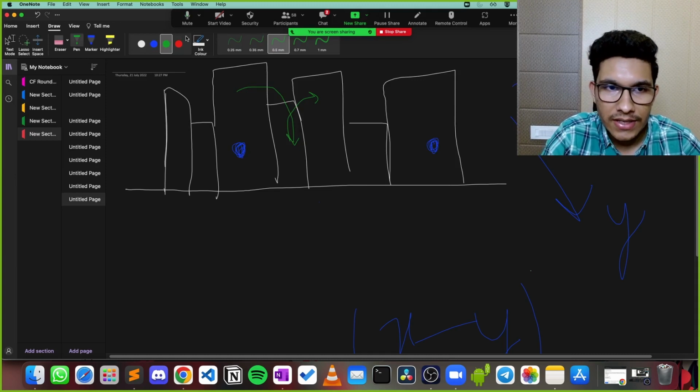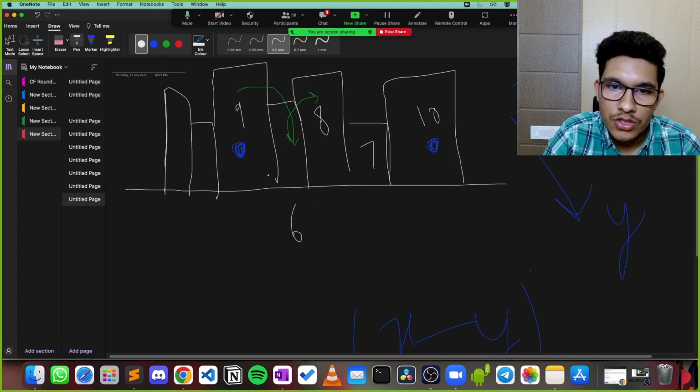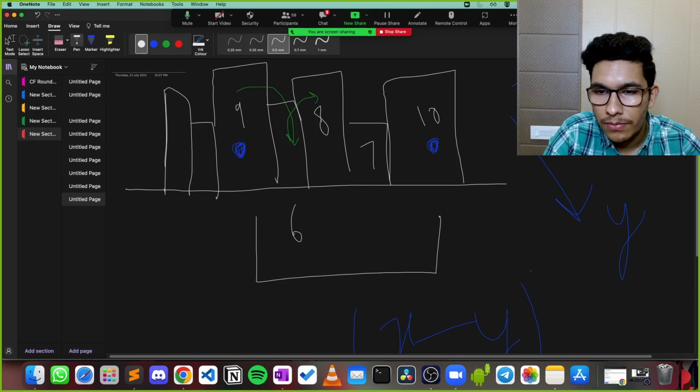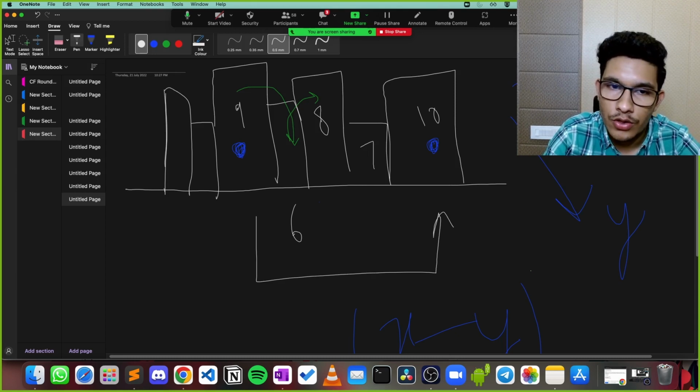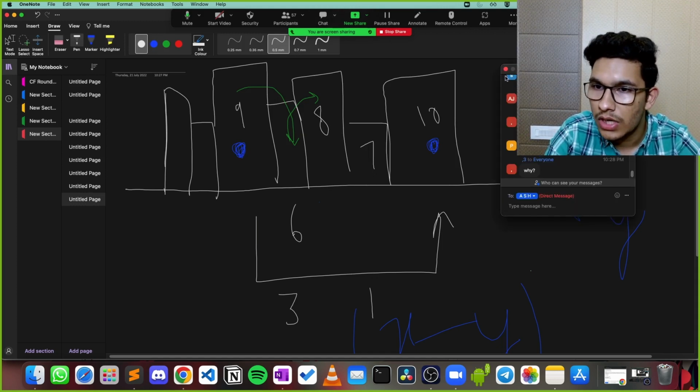Fine. So let's say the height of this building was something like 9. The height of this building was 6. This was, let's say, 8. This was 7. And this was 10. So how much cost will you have to pay for going from here to here? First of all, you go from 9 to 6, you pay a cost of 3. When you're going from 6 to 8, you don't pay any cost. When you're going from 8 to 7, you pay a cost of 1. And when you're going from 7 to 10, you don't pay any cost. So the total cost would be,